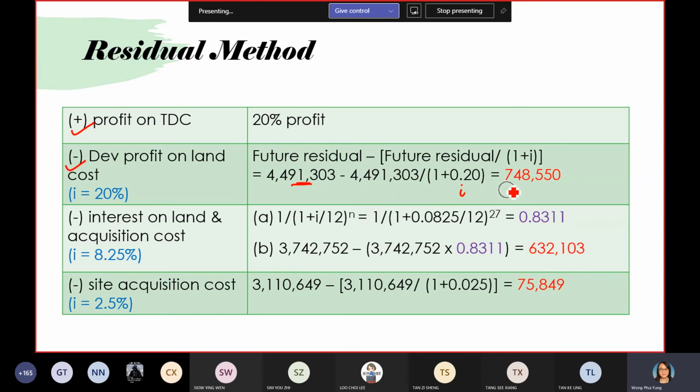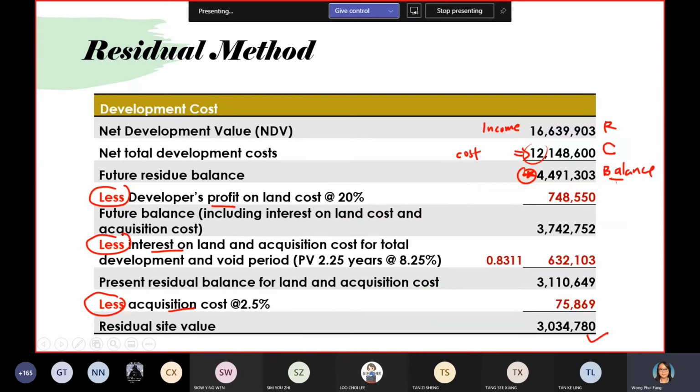Then you can get the figure, which is 748550. So you bring that to this one. This is the first minus. So you minus already, you get this figure. The next one, the second minus, is minus on the interest part. The interest part is a bit